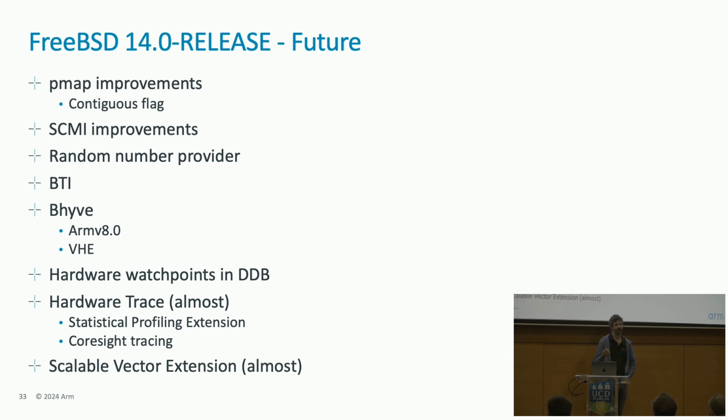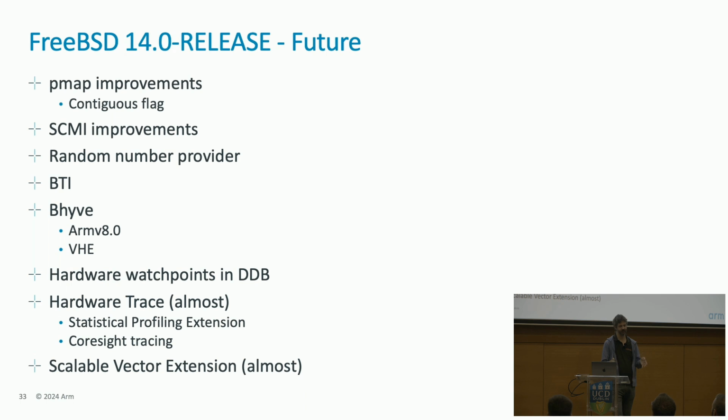So it will statistically sample instructions to give you information about execution time. So it can be useful for finding where you've got a loop of code that's running regularly that's slow. And Ruslan added CoreSight with the hardware trace. And we almost have SVE, which is